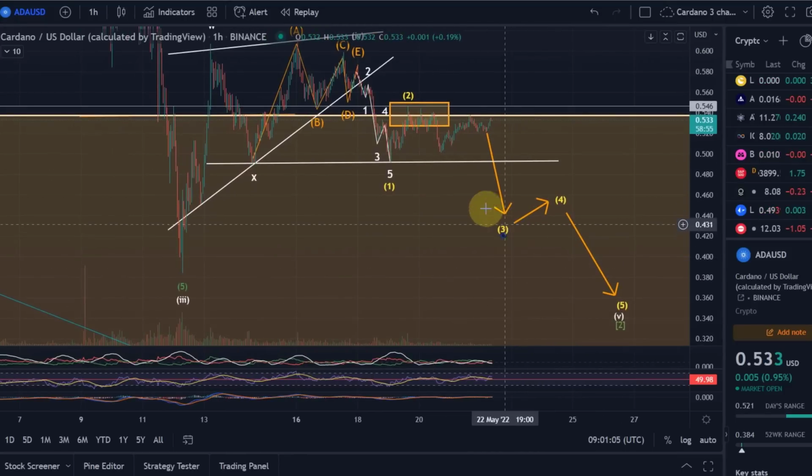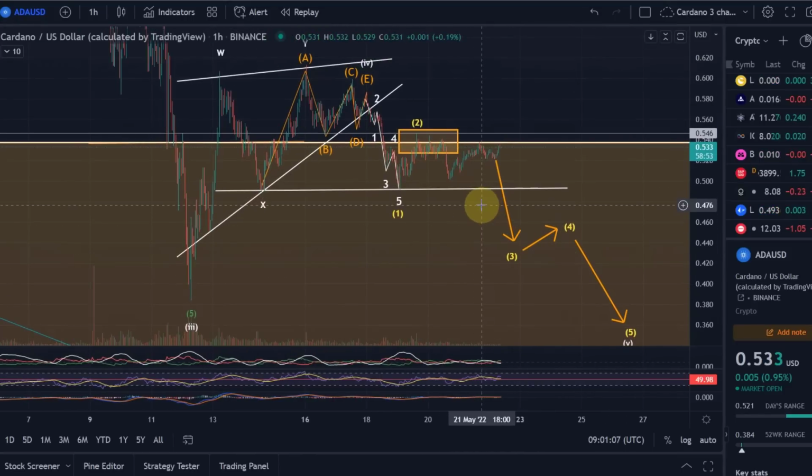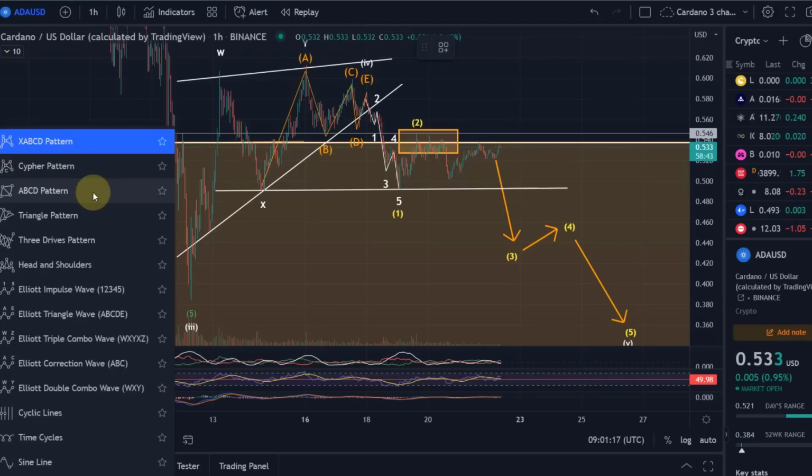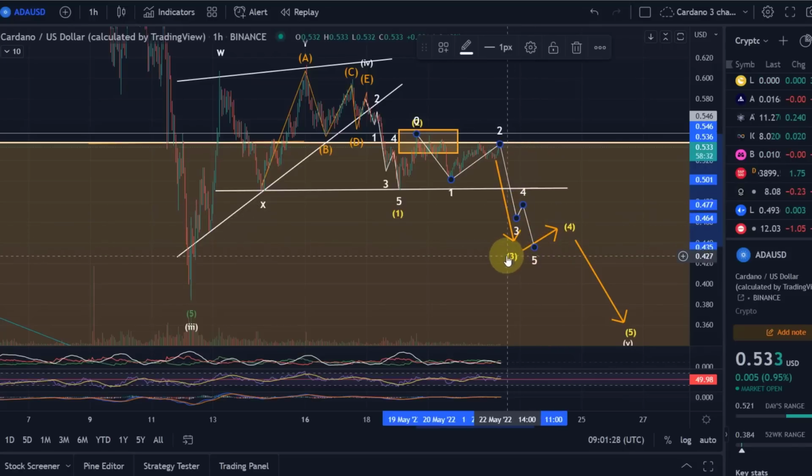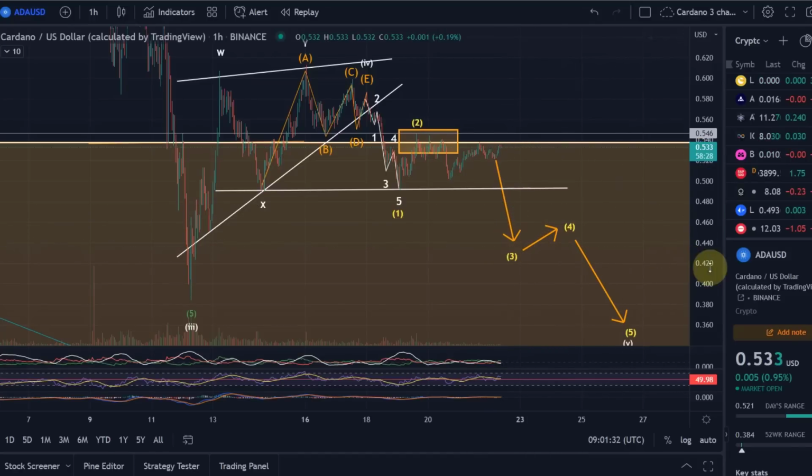In this wave 3, this is currently how I just have to assume it at the moment. We could have seen already the wave 1 and we are now in an unfolding wave 2. So to show you that in a little bit more detail, it could mean that from here we created the wave 1. We're now seeing here the wave 2. Then we're going to go down to the wave 3, 4, 5. And that would complete that yellow wave 3. So this is how it's currently looking like.